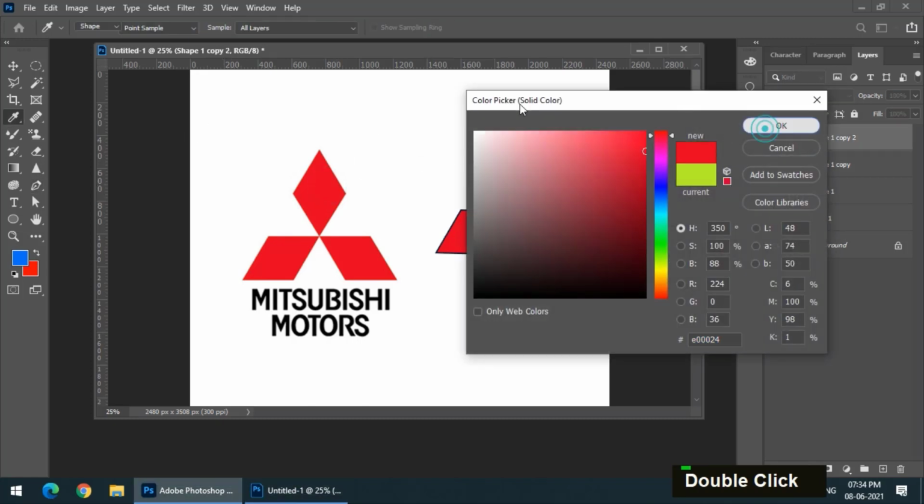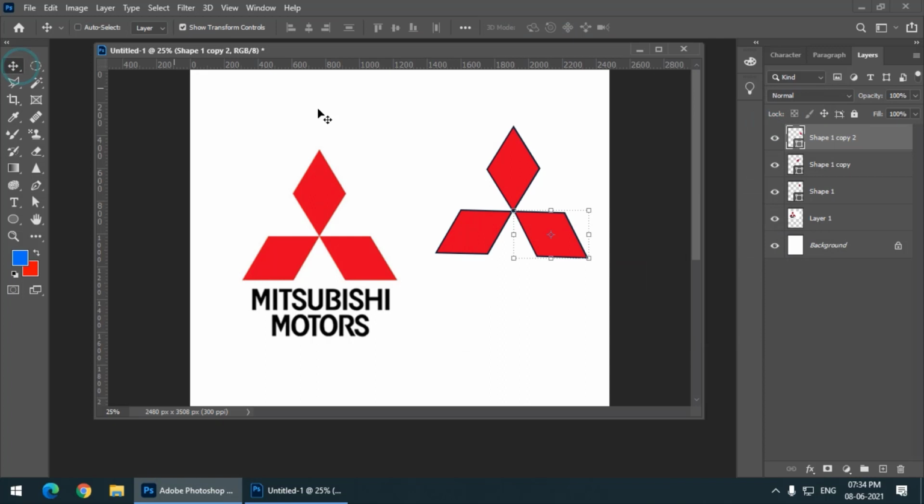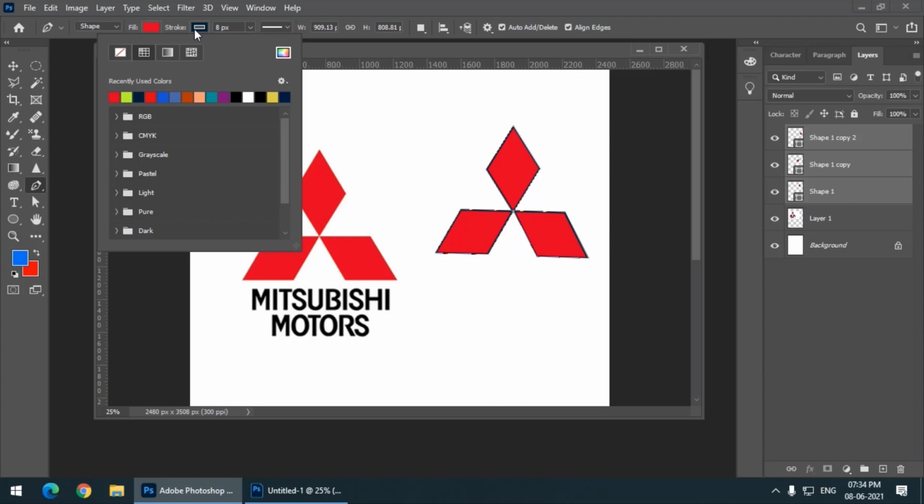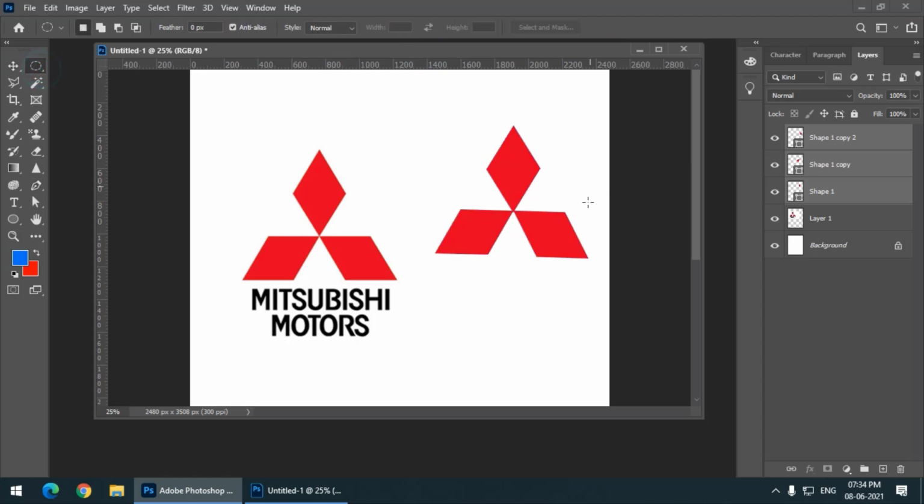and I don't want these outlines, these strokes, so we can simply go to shape, and if you want to remove these outlines together for all the shapes, then you can simply press and hold Control key or Command key on Mac and choose all three layers, and you can simply remove the outline together for all the shapes. So this looks pretty good. We can always make some minor adjustments later on.